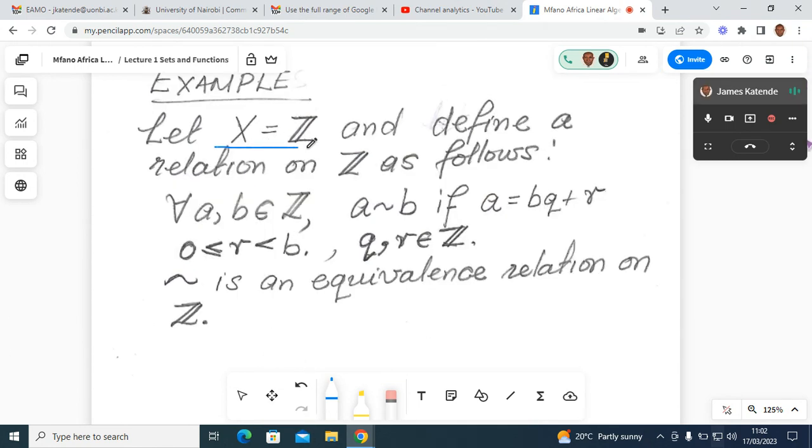So let's pick the set of integers. We're going to define a relation on the set of integers as follows. For any pair of integers a and b, we'll say that a is related to b if